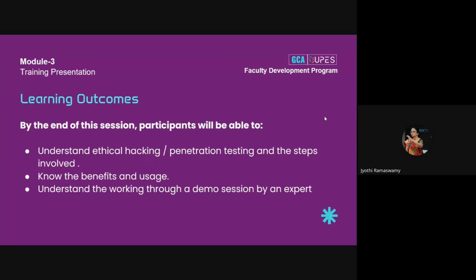So we will understand the steps involved in penetration testing and ethical hacking. We will understand the benefits and usage of these techniques and the reports, and how they will help an organization or an institution improve its security posture. We will understand the working through a demo session by an expert at the end, like I said. So after the theory discussions, we will have a demo, and after that, we will take question answers from your side. So going forward,